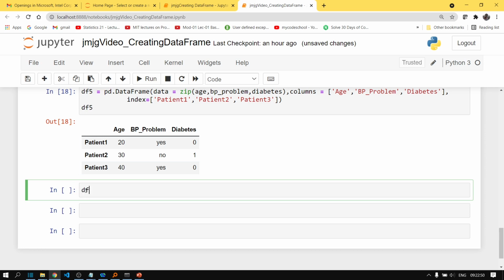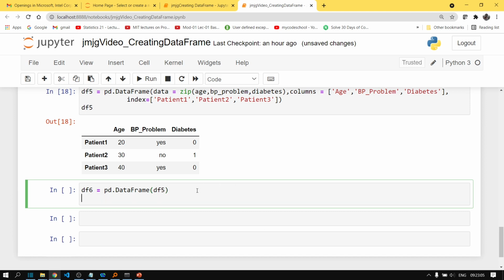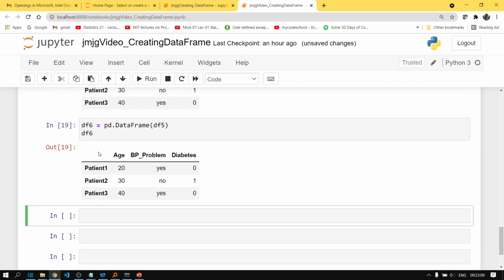If you want to do that, you can do it simply like this, df5, and if you print df6, you'll see the same data frame.